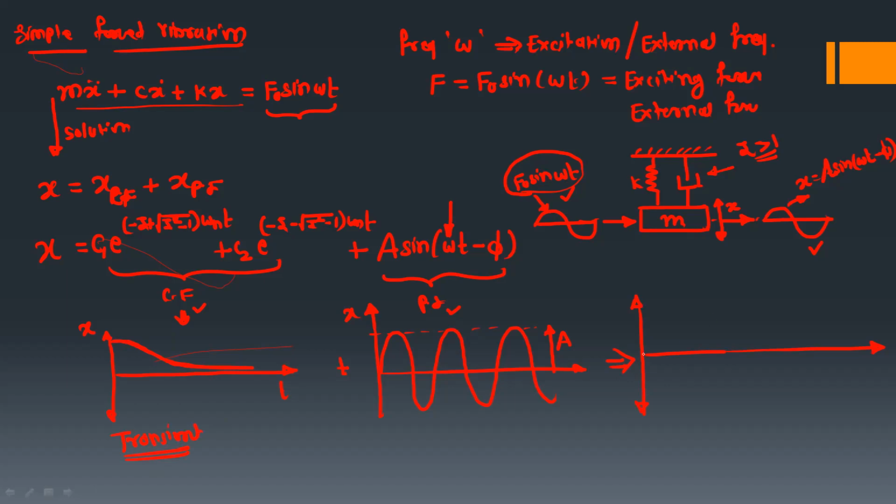Okay. So if you add these two waveforms, you can observe some fluctuations in the displacement for a very small time duration. This is called the initial time. This is not exact. So in this zone, we observe the effect of the complementary function on the final waveform. This is generally written as the transient, and after that, this waveform behaves as a pure sine function. So this is called the steady state.